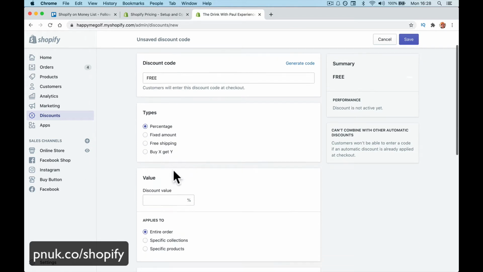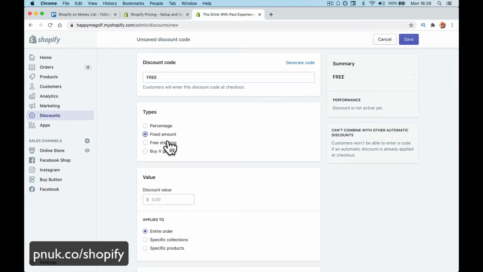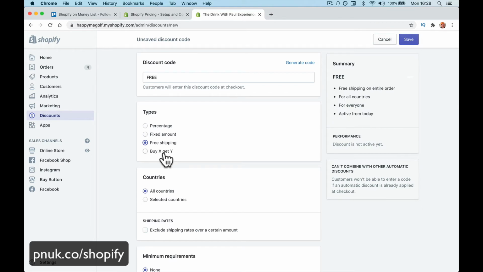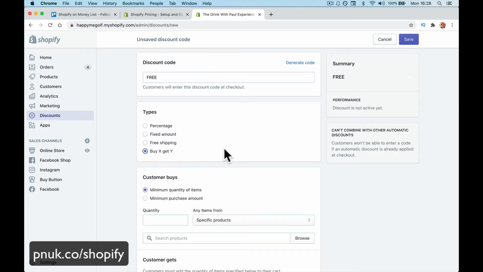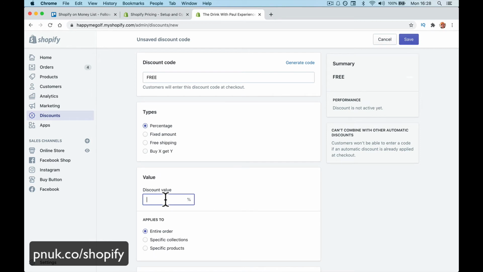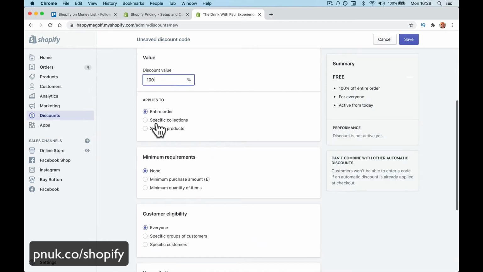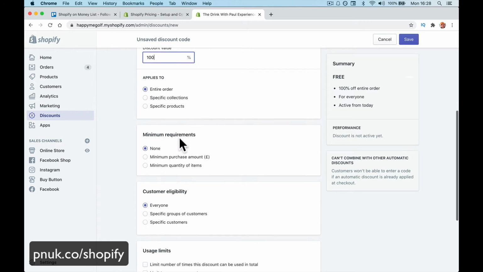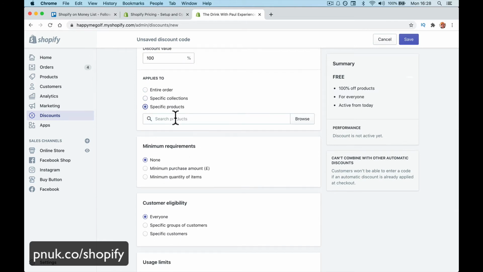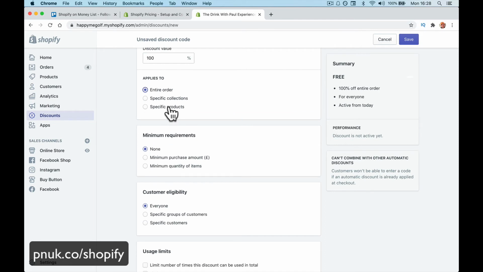Percentage. Do I want it to be a percentage of the price? A fixed amount? Free shipping? Buy X, get Y. Buy this product, get that Y. I'm just going to go product. I'm just going to do percentage of the cart, free. Entire order. Obviously, I can do specific collections or products if I want to filter to something that's